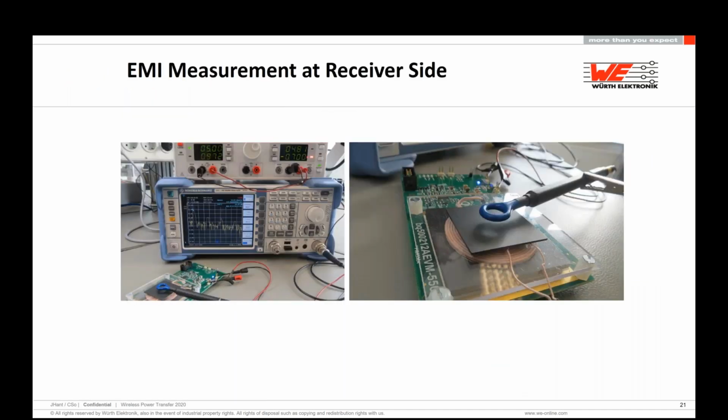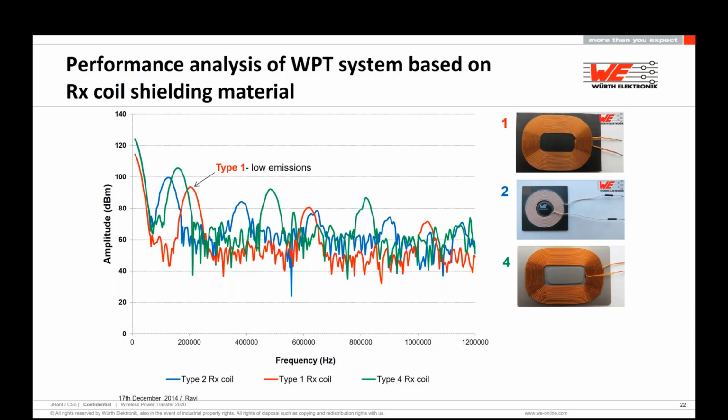I would like to show you an EMI measurement, which we did in our lab. Here we have a sensor measuring the harmonics on the backside of a working receiver coil. As you can see, we used 3 different coils with 3 different materials: manganese zinc, nickel zinc, and iron powder. You can see here the first harmonics and the next ones, that coil type 1 with a manganese zinc material